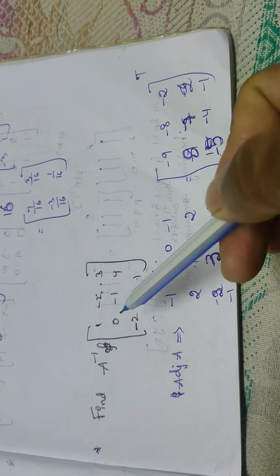So go directly to the third option. Multiply 6 into 3 is 18, 3 into 1 is 3, 10 into -2 is -20: 18 plus 3 is 21, minus 20, it is also 1 only. Same, 6 into -26, 3 into -11, 10 into 19 also gives 1 only. So here the option is 3.